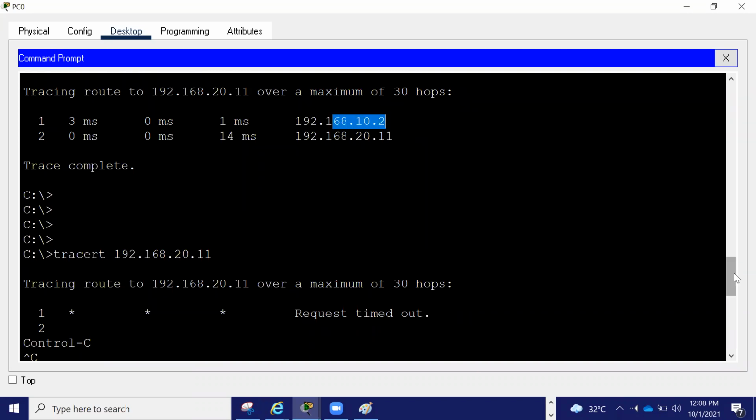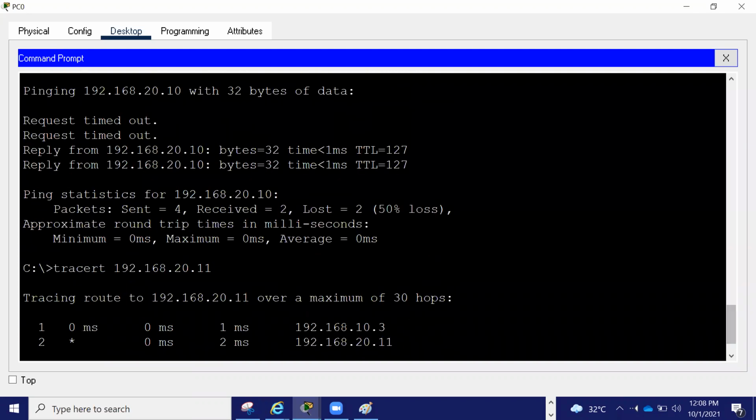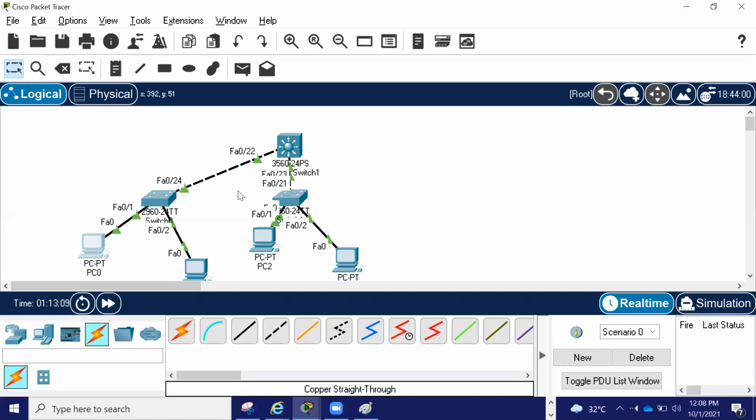But now, when core 1 is down, it is going via 10.3, which is nothing but core 2. This one has become active now. So this is the magic of redundancy: if one thing goes down, one will be active and one standby. If any switch has a problem, the other will become active.